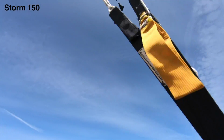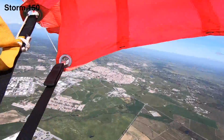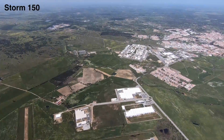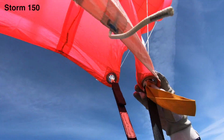Now, I've decided to make a little bit of a controversial decision here. I actually just consider E tier all 7-cell canopies, and I'm not saying that E tier canopies are worse than D tier canopies per se, but all 7-cell canopies are here. There are some